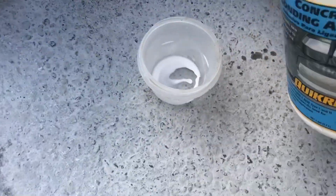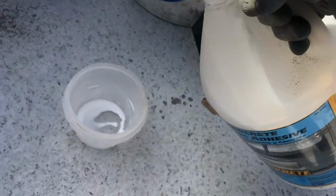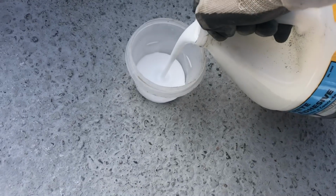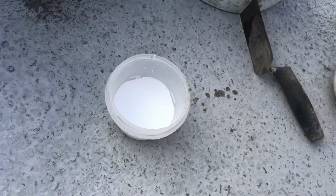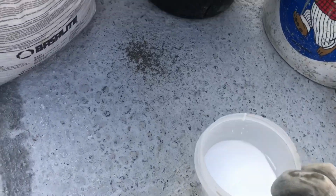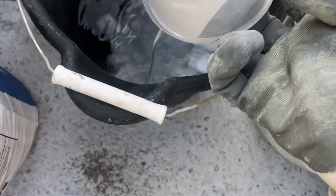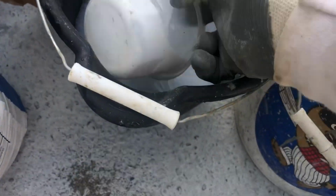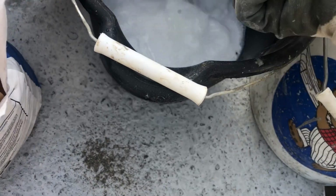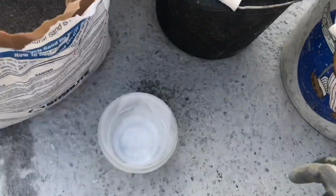So what I do, I use this concrete bonding adhesive. Buy this at Depot, or probably Lowe's might have it. Put about that much. And I got a little over 4 inches of water in this 99-cent bucket. Okay. And then what I do,